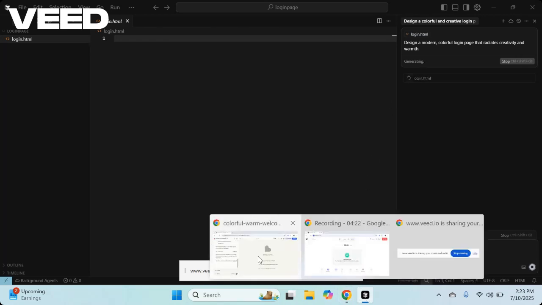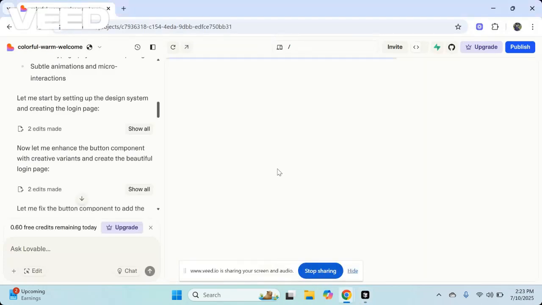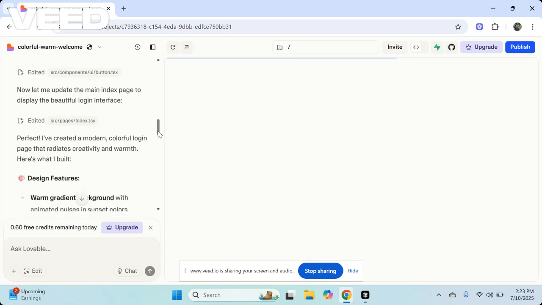I'm adding the same prompt which I gave in Lovable: design a modern, colorful login page that radiates creativity and warmth. I'm just hitting enter here, the same thing which I did in Lovable. Just one click, enter, and it's doing its work. You can hear the sound, right? That sound comes from here. You can see in Lovable, if you see here,